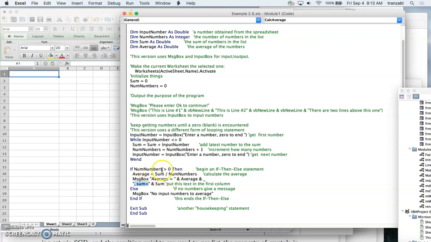And if the number is 0, then the message box would be printing something on the screen for the user that there are no input numbers to average. Again, because this is within the double quotes, it will be printed exactly. There's no variable to print. Okay, that is it. So let me run the code and you'll see what I mean by input box and